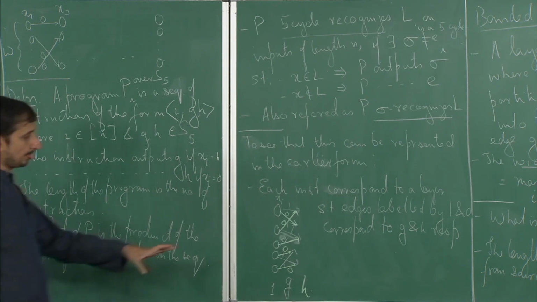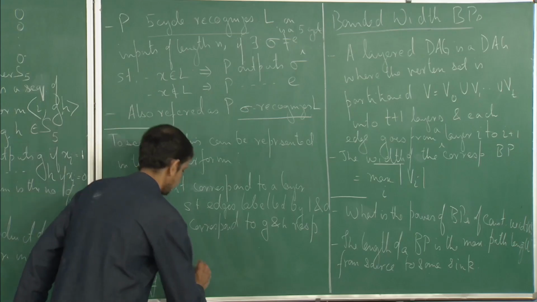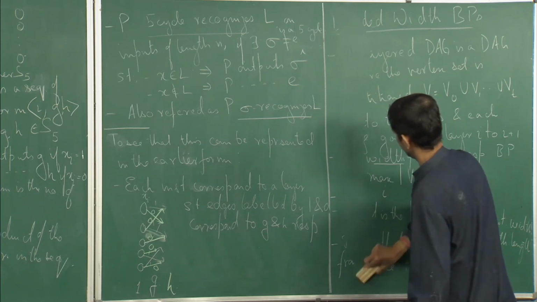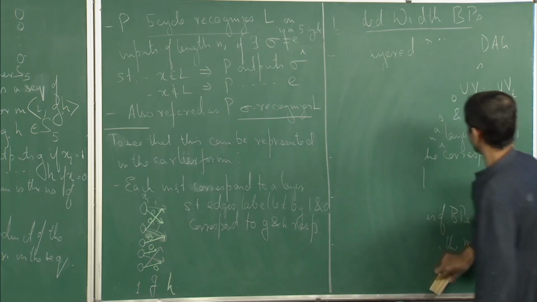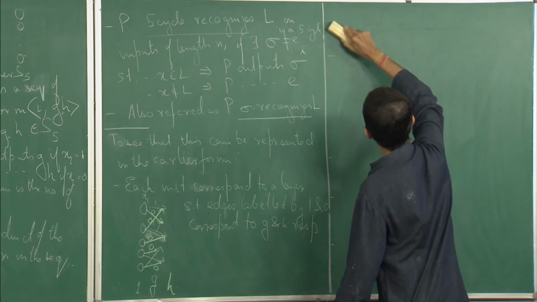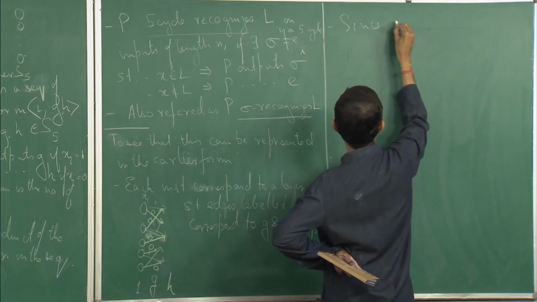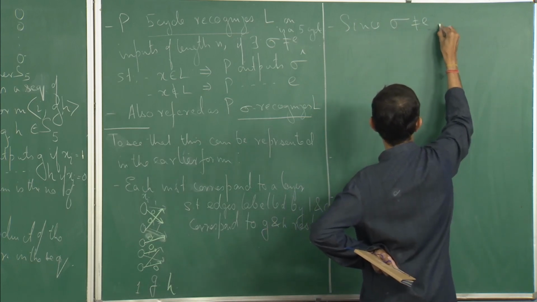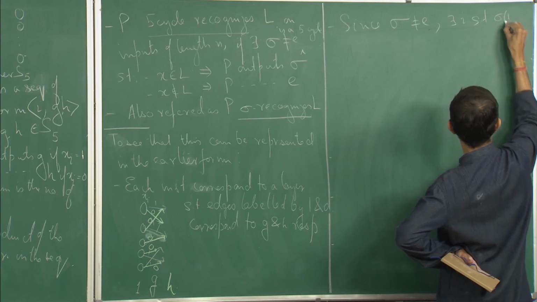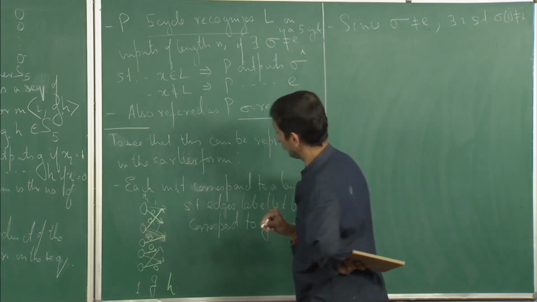So, for the start node, what we would do is, so we know that sigma is not identity, which means that, since sigma is not identity, there exists some i such that sigma i is not equal to i. So, for the start node, we choose